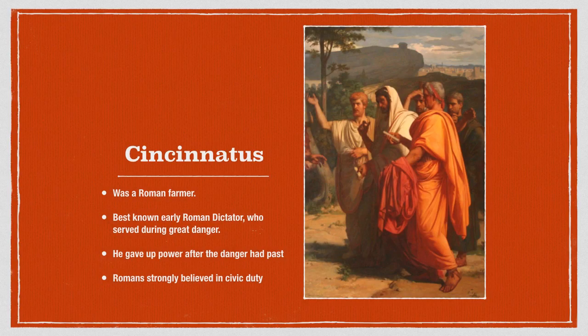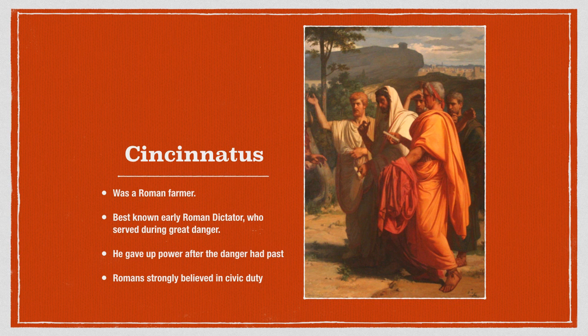Now let's talk a little bit about a famous guy by the name of Cincinnatus. Cincinnatus was a Roman farmer. He's best known as an early Roman dictator who served during a great danger. At the time, the Republic had what was called a dictator. In times of war or crisis, they would put a dictator in place, and the rest of the government would not be there, and he would do what needed to be done to solve the situation or the problem, and then he would leave and it would go back to running the Republic. So Cincinnatus is famous because he gave up the power after the danger had passed,